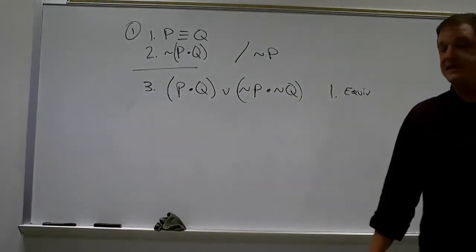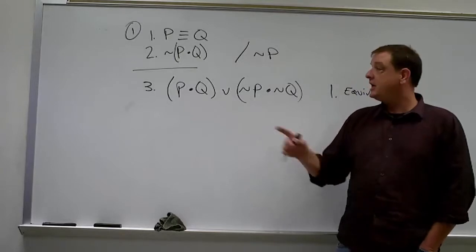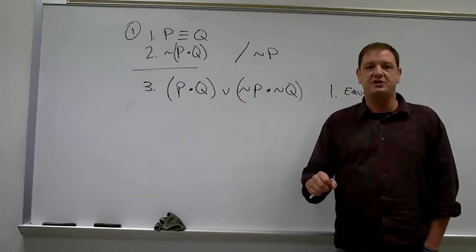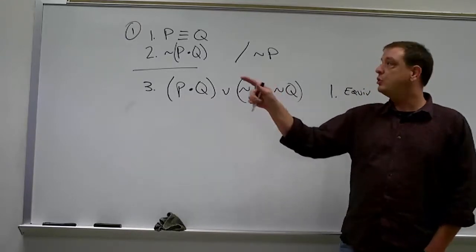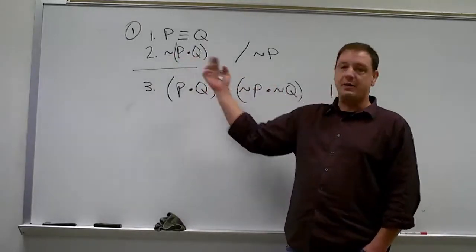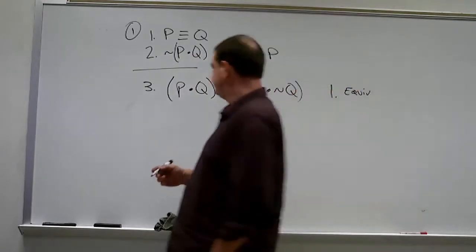Now we're in business because we have an or statement, right? And remember with disjunctive syllogism, if you know that one of your two disjuncts is false, you can conclude the other one. Here, from line 2, we know that we don't have this combination P and Q. In other words, this part's false. So line 4